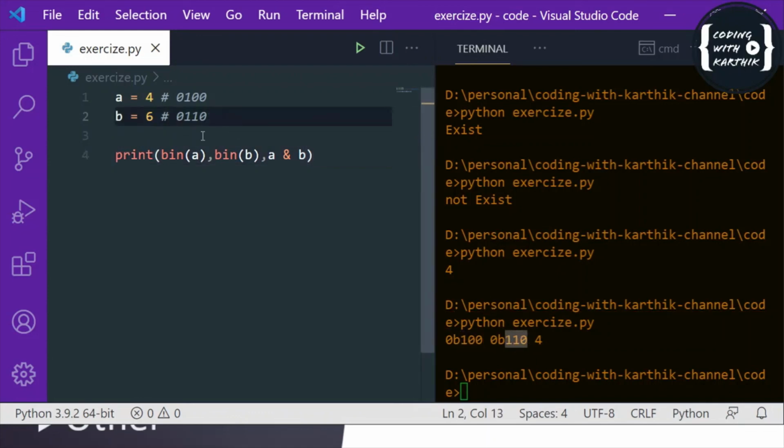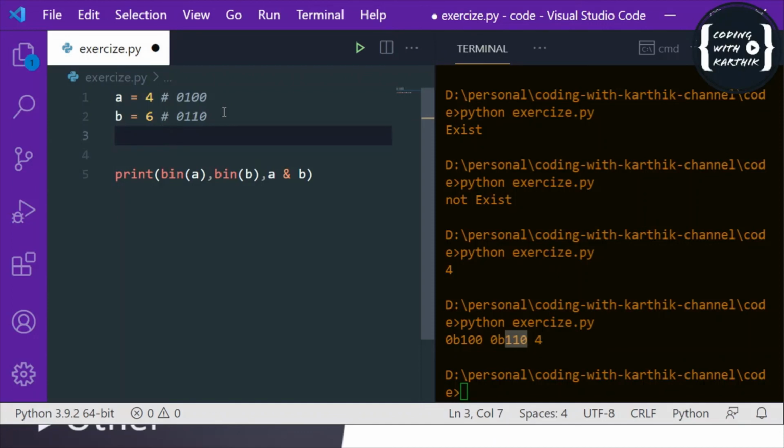So when you do this A and B, it becomes 4. Why is it 4? When you do the AND operation, it checks whether both values are 1, and only then it will give you 1.